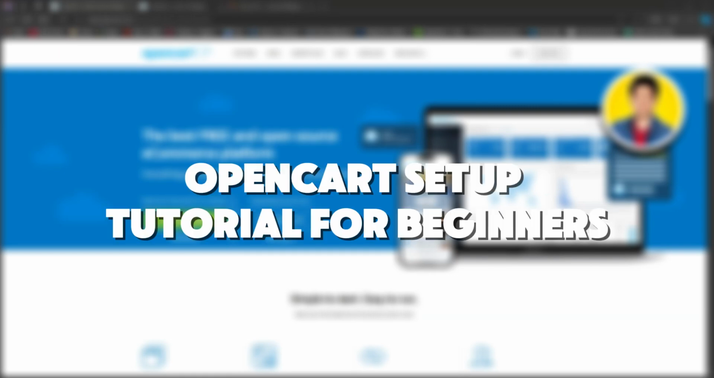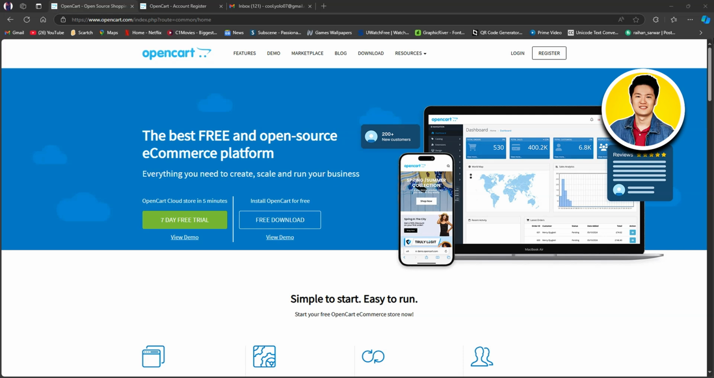So here is an OpenCart setup tutorial for beginners. OpenCart is a free open source platform for building online stores. It offers a variety of features for customizing an online store, including multi-store creation, promotion and discount services, and product